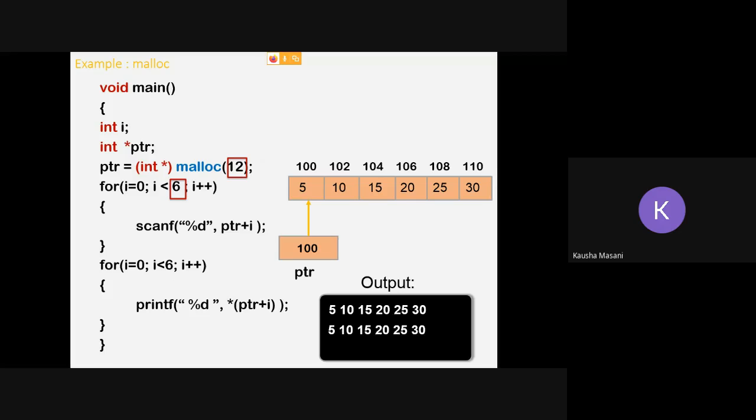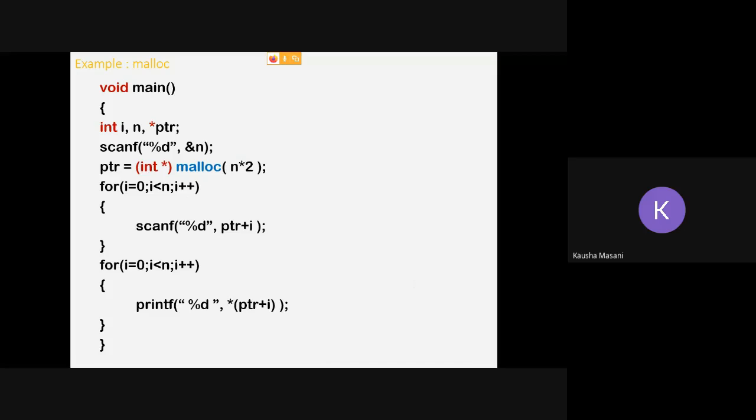The program remains the same; the only change is in the size we provide in malloc. We are going to ask the user to enter the integer type of size. Even if you don't mention it, the program is going to take the integer type, but it is good to mention it to the user.